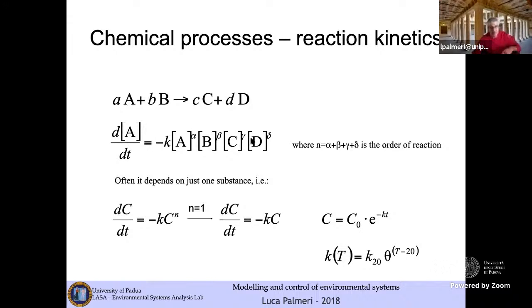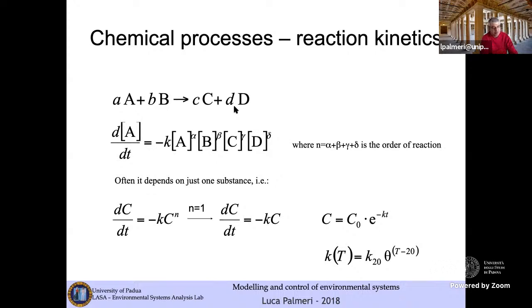Schematically, we may describe a chemical reaction by saying that a certain quantity small a of chemical A is reacting with a certain quantity small b of a chemical capital B for producing two products, capital C and capital D, in proportion small c and small d. How do we describe this process? We typically employ the law of mass action,